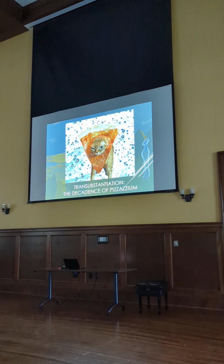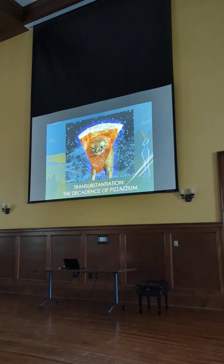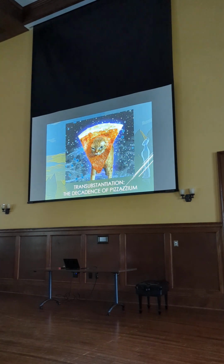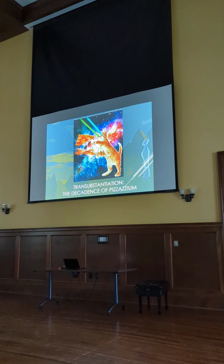Yeah, so this is the end result. I mean, this is a cat that is just a basket case. It's reached that point of no return with the element of pisazium. And what happens is that